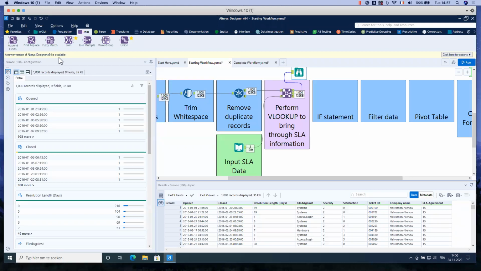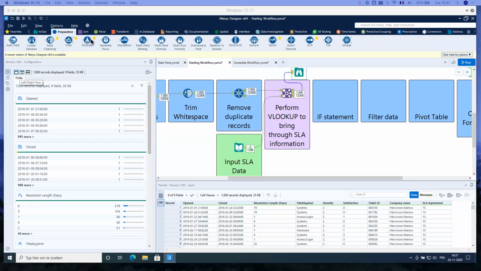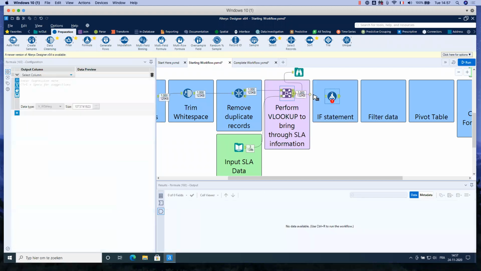So I will use a tool called the formula tool. I will drag it into the view here. Let's drag the formula tool up from the join anchor.